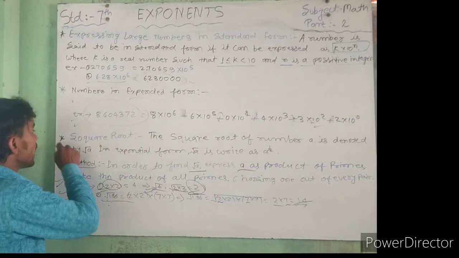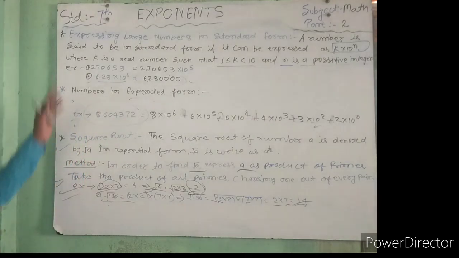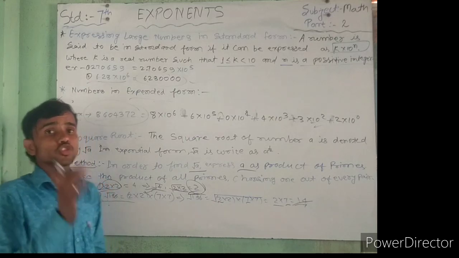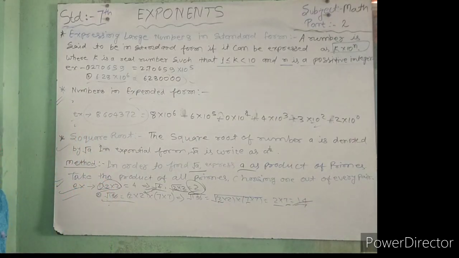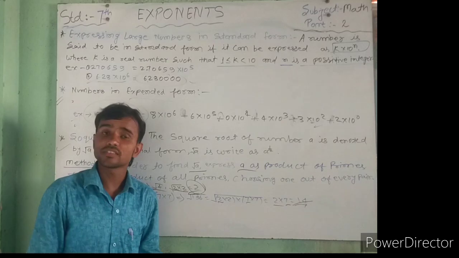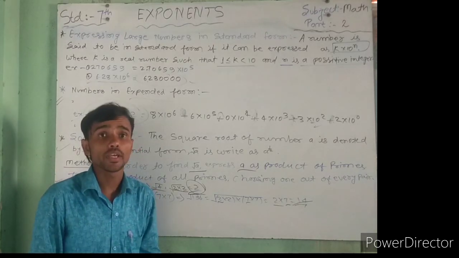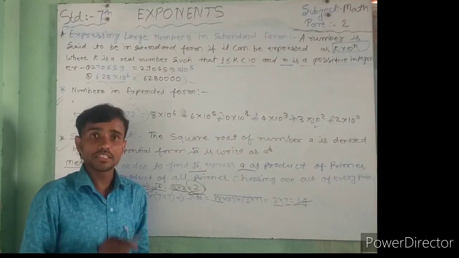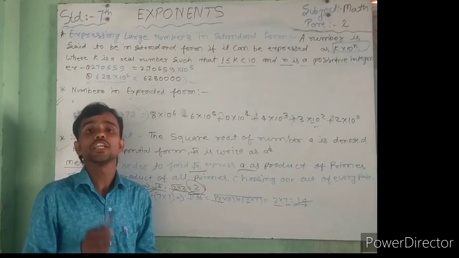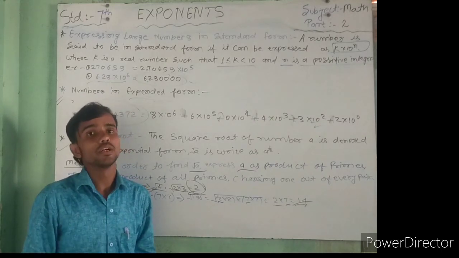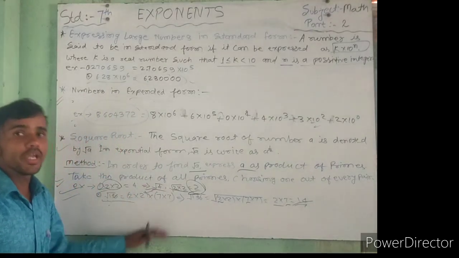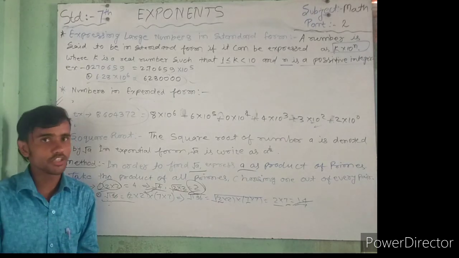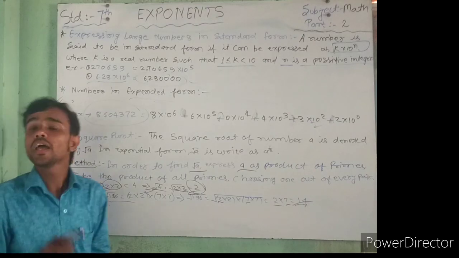So do you understand about square root, numbers in expanded form and numbers in large expanded form? Okay, so my dear students, in that chapter on exponents there are 3 exercises in your book. If you have the RS Agrawal book, or another book, firstly take your book and write some examples. Firstly you see the examples, then you start and complete your exercise. Okay, so you write it down in your copy, and next day we will discuss our next new class. So our third chapter, the exponent chapter, is complete.